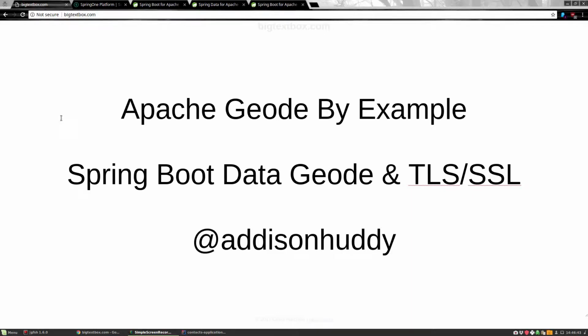All right, so building off of what we did last week, where we were looking at Spring Boot Data Geode, today we're going to look at enabling TLS and SSL, a secure transport layer via SSL, with a Spring Boot